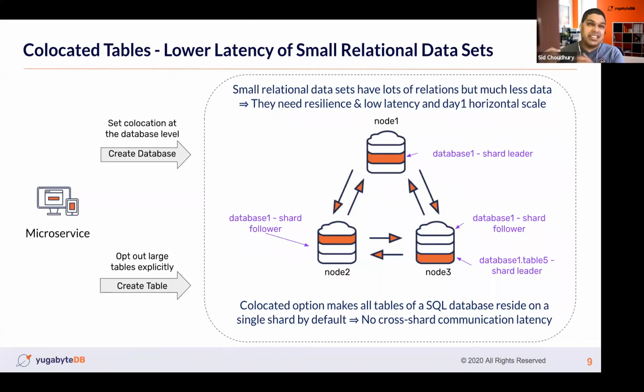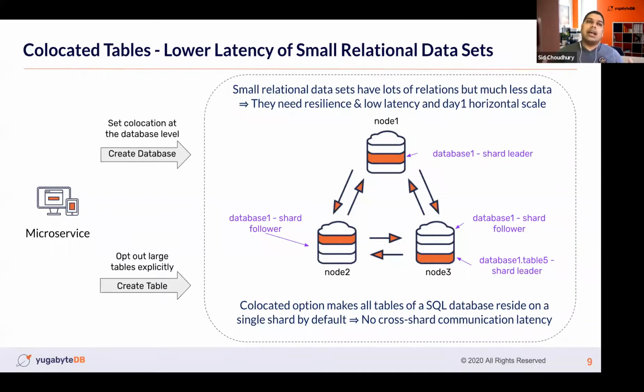And for the queries that are hitting the larger data set, you have sharding to come to your rescue and help you scale them across more nodes as nodes get added. Now, the natural question is, what happens if one of the tables that I had thought of as small originally on day one becomes big as time progresses? And that's where automatic tablet splitting kicks in. And that feature is currently in beta, so I'm not going to spend too much time on that.